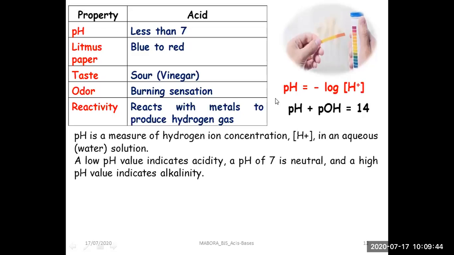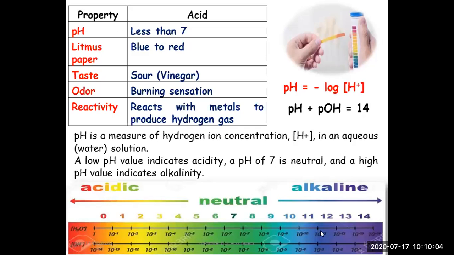This is something which we have already studied. So pH is a measure of H plus ion concentration in water. And so we are talking about Arrhenius acids and their acidic strength. If pH is 7, it is neutral, if it is less than 7, it is acidic, and more than 7, it is alkaline. And this is the pH scale which gives the relation between H plus or H3O plus ion concentration and the pH of that particular solution. So we can classify compounds as acidic, alkaline or neutral based on